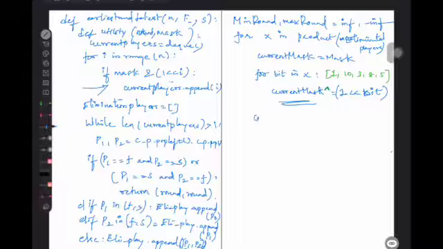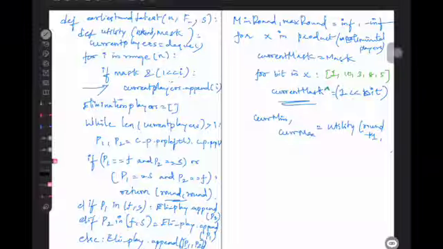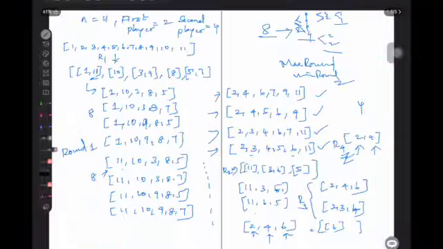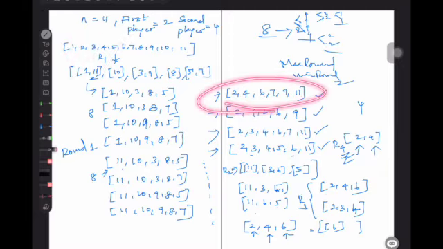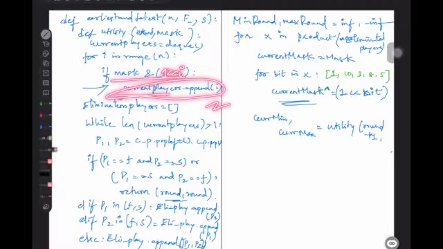So what we will be doing again, at one point you are returning the round, right? So you have to keep on having the current min and current max equal to the utility function you are calling with round plus 1, because you have set all the eliminated bits to 0, correct? Which means these all got eliminated from this array. The values that get eliminated and form this will be by the mask; only the bits set to 1 will be appended to the current players, as we discussed earlier.